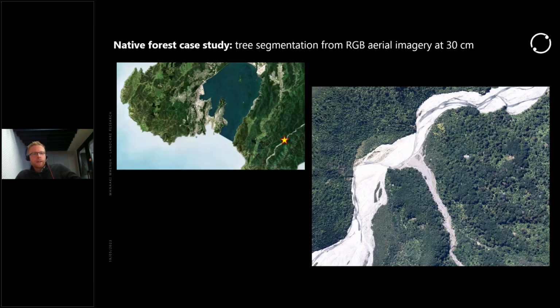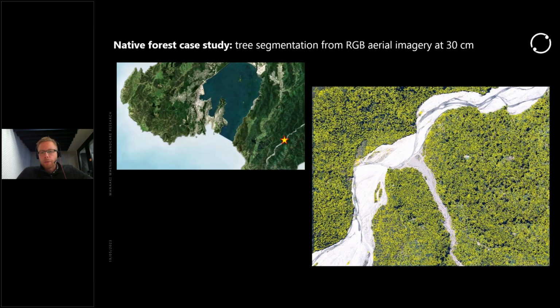Moving on to the native forest case study. So we've trained most of our models in urban spaces, but also included some training in rural areas, but without native forest. So we were quite interested to see whether our models can also predict individual trees in native forest areas. So here we look at one area in the Orongo Valley,